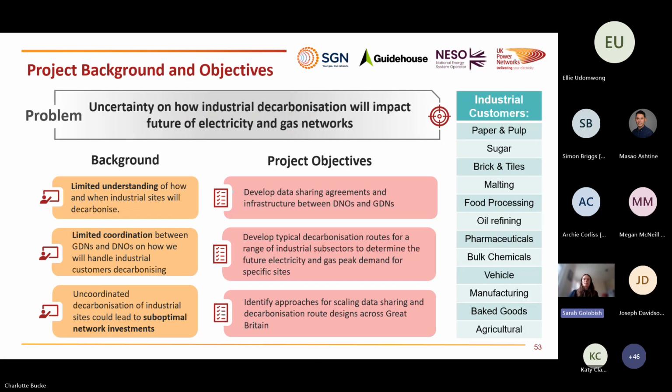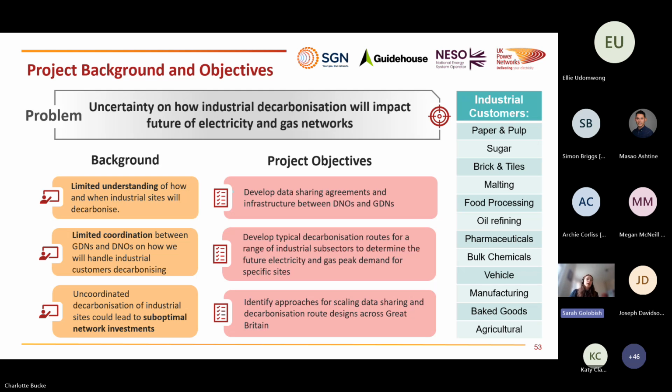The crux of the problem tackled by this project is that industrial energy demand accounts for 17% of total UK carbon emissions, and most of this demand is for process heat, which is not currently accounted for in the forecasting done by many networks. This means that this is a significant decarbonisation opportunity, but we have little understanding of how it will impact our energy system. There's also limited coordination between GDNs and DNOs in our planning and assumptions, despite the fact that we're all working towards the same net zero future.